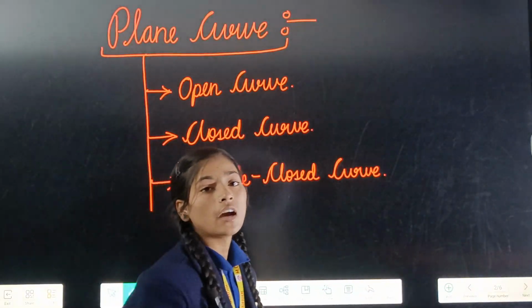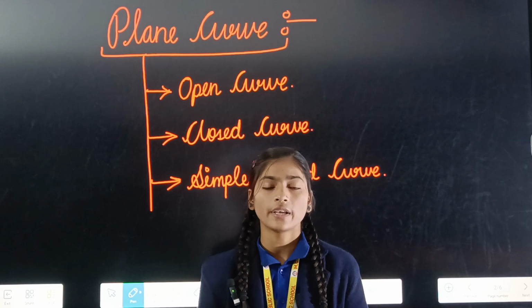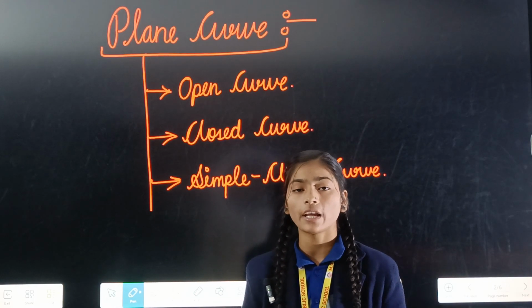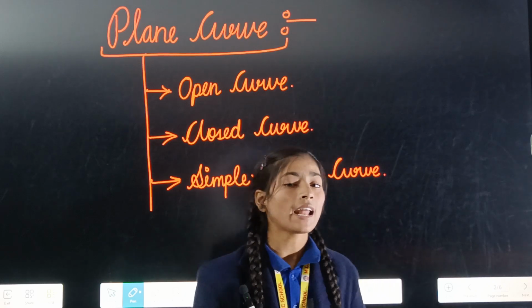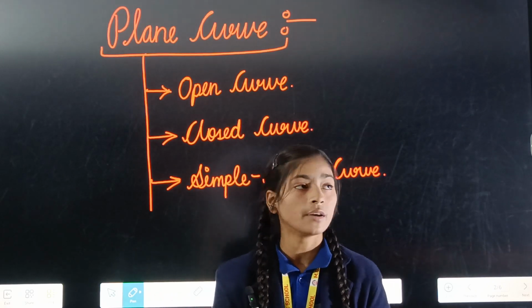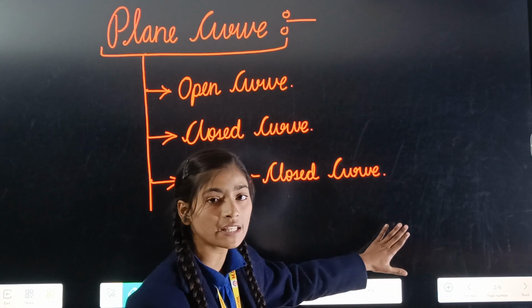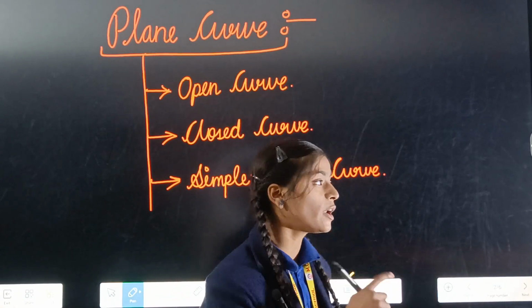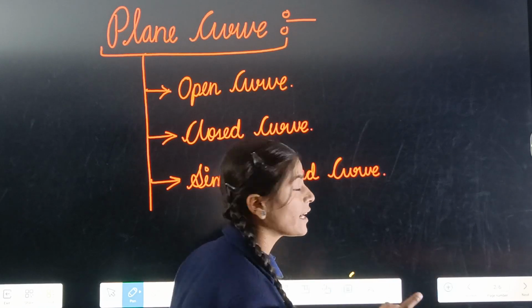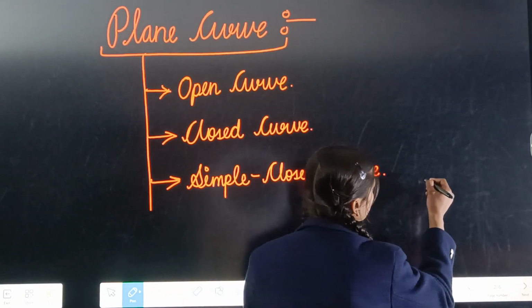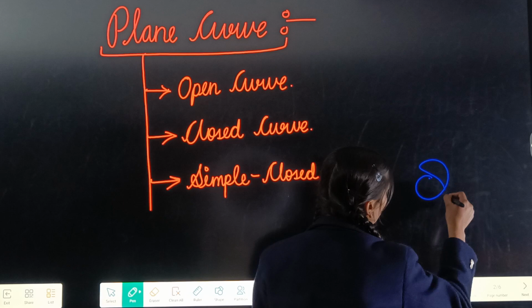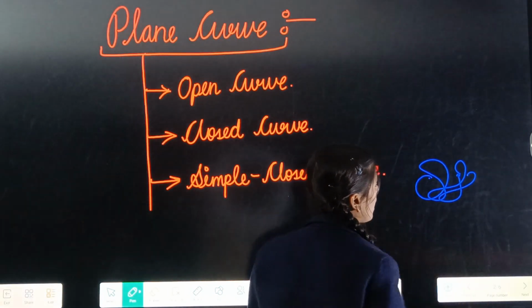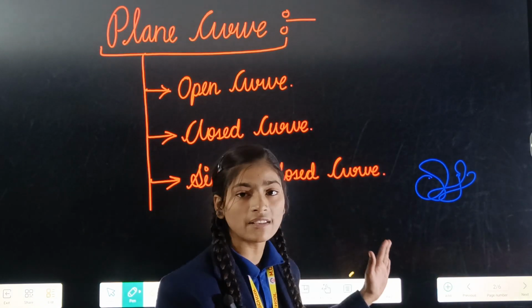Next, the plane curves. A figure traced on a plane surface with the help of a sharp pencil without lifting it is known as a plane curve. The surface is very clean, and we have to draw any figure on a plane surface without lifting. You can draw any shape of the structure without lifting, such as circles. That is an example of a plane curve.